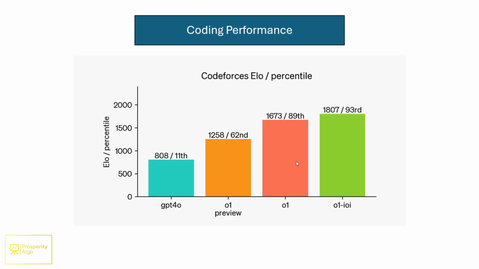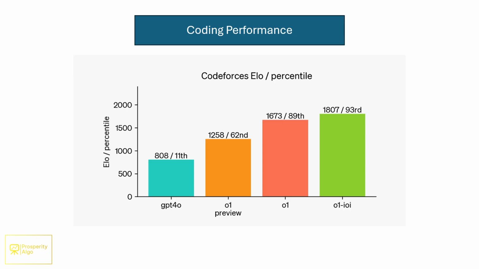And we can see some of the actual impacts here in terms of the performance. Really, this was done to make it a lot better at more complex reasoning tasks, and specifically in both coding and mathematical reasoning. So here, if we look at this chart, we can see the performance of previous OpenAI models in a coding competition, the International Olympiad in Informatics, I think. Big coding competition. And what we can see is that the current model of ChatGPT, or I suppose the slightly outdated model by now, placed in the 11th percentile of all competitors.